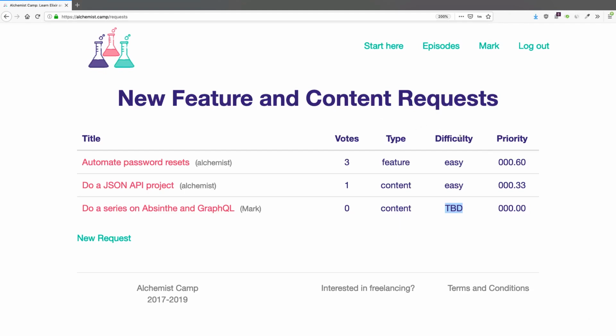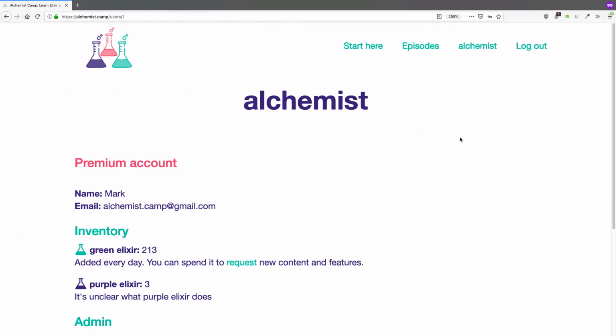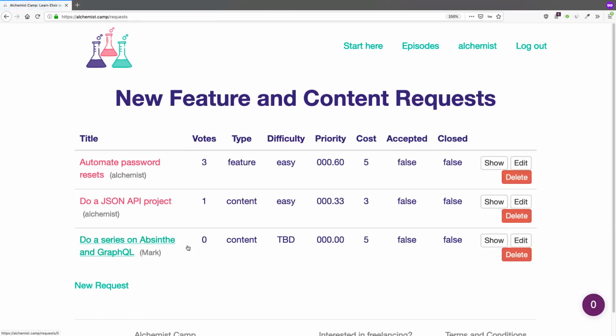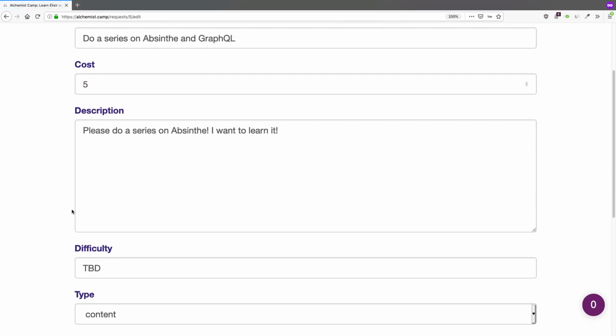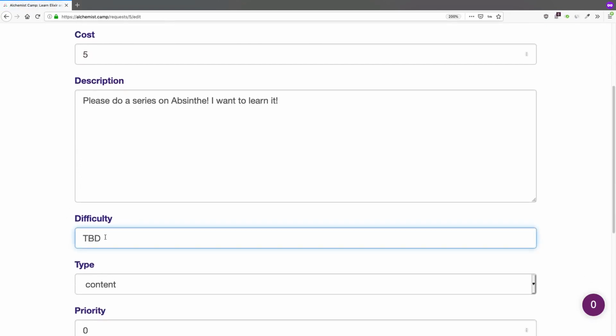I've got another browser open with me logged in as the administrator, and I'll show you how that works. So I see GraphQL, it's got no votes, content, there's some other information that I don't show to everybody. I'm going to edit this, and I think the difficulty of a GraphQL project is medium.